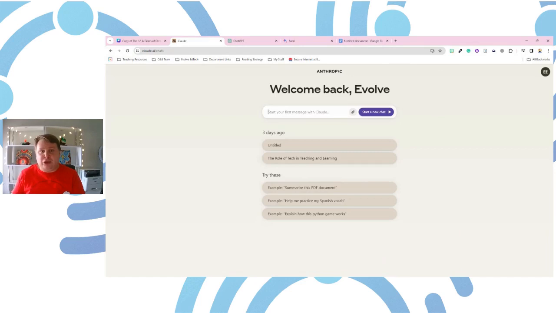Okay, so I am in Claude now, and you can see here that I have been experimenting with Claude with a couple of simple prompts a couple of days ago, just to see what it is like. Now, I think it's a really cool tool, and it might be really beneficial for you to use and try, okay? Now, the login process to Claude was a little bit different to anything that I have explored before